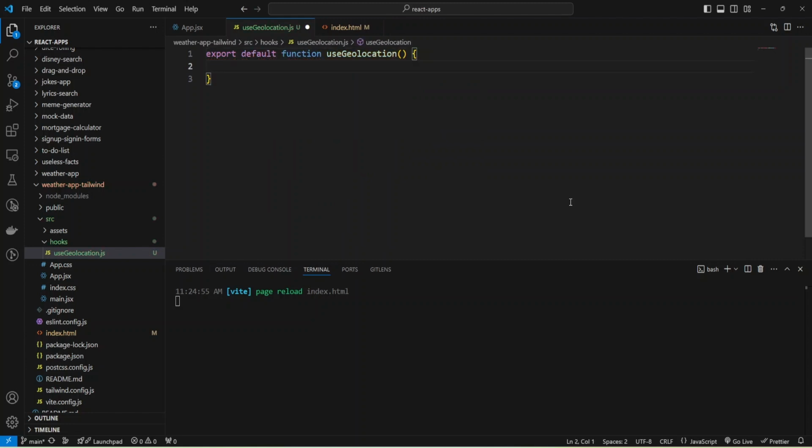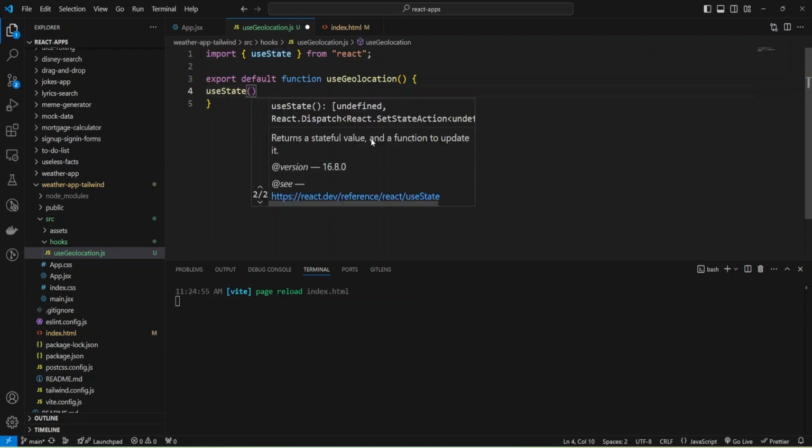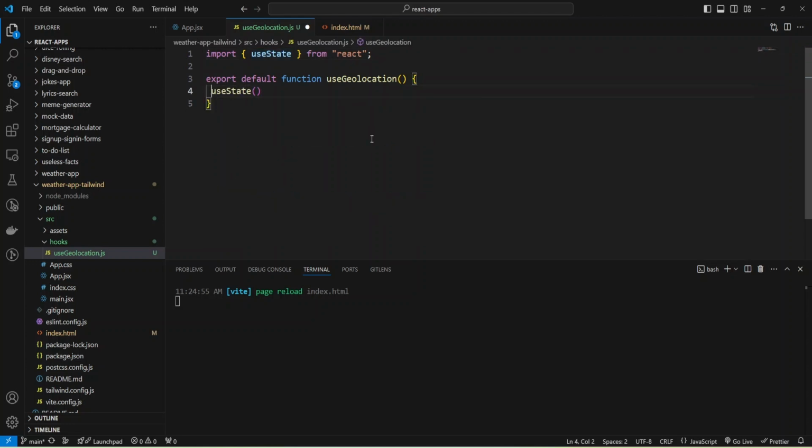And inside the function, I'm going to use the state hook and the use effect hook. Our useGeolocation will be a custom hook. useState. As you can see, the import was added, and I need some state for loading to check if the data was loaded or not. Loading, and the function to change the state will be setLoading, and the initial value will be true.